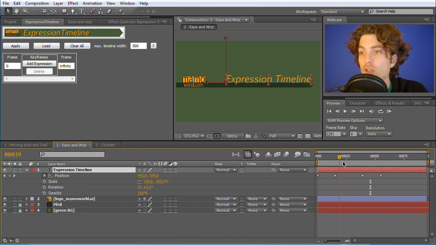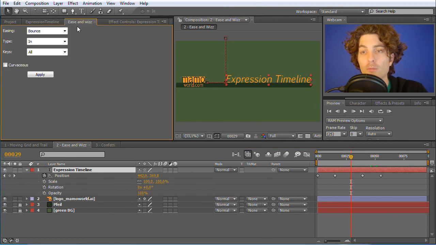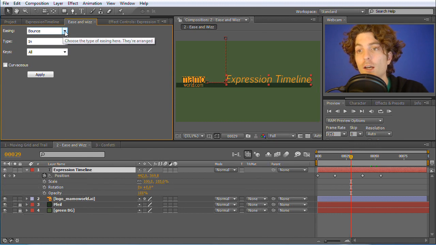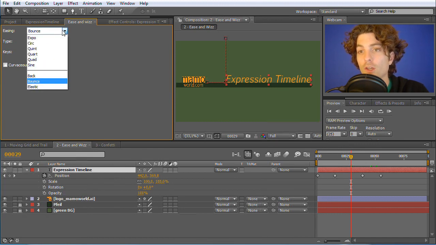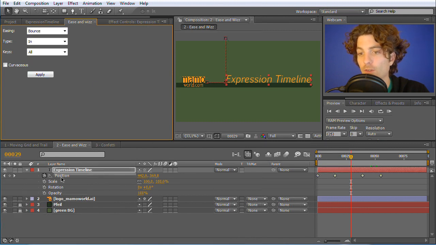And from the animation here, it's such that I already keyframed the movement of this text. And now I want to modify this movement with the Ease and Wizz script. So this is something you can also download from AE Scripts, and it's not a script of mine, but from Ian Hyde. So a very cool thing, and it works as follows. You can modify this movement here by saying I want, for example, to have a bouncing movement, and there are all these options. Bouncing is one of them. So I just select the position and hit apply, and what you now get, if you look at it here,